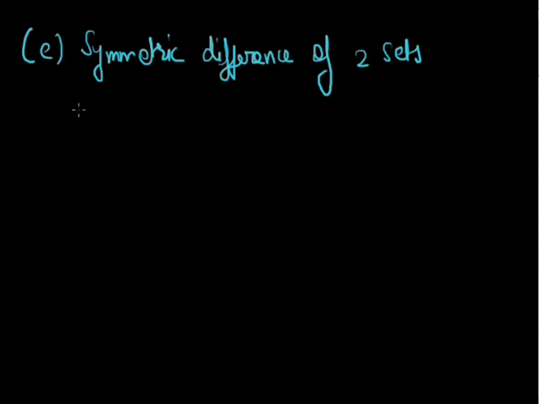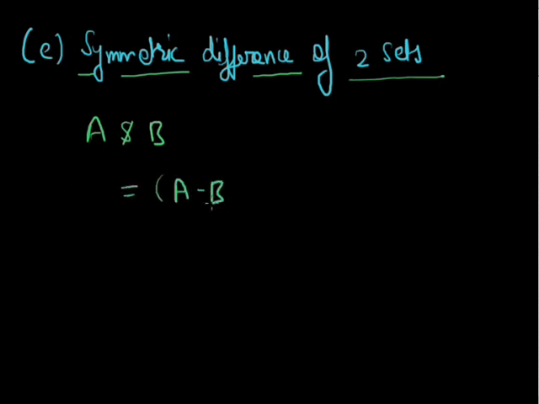Symmetric difference of two sets means, suppose we take two sets A and B. The symmetric difference of the two sets A and B is said to be equal to A minus B union B minus A. This is what is said to be the symmetric difference of two sets. That is A minus B union B minus A, and it is generally denoted by